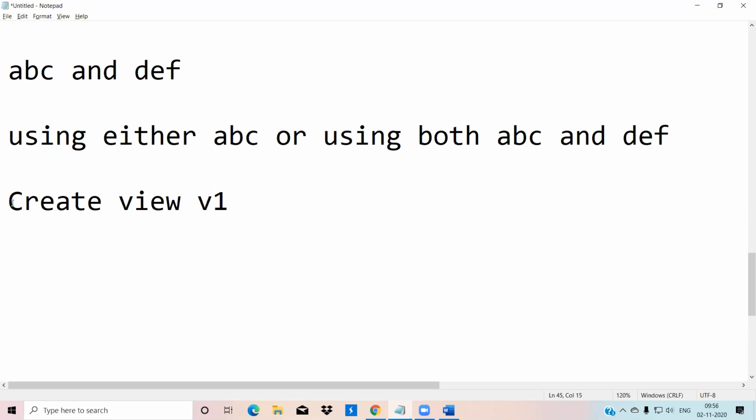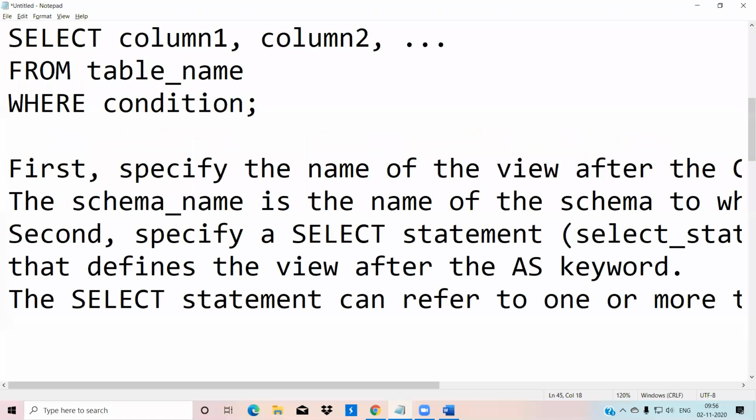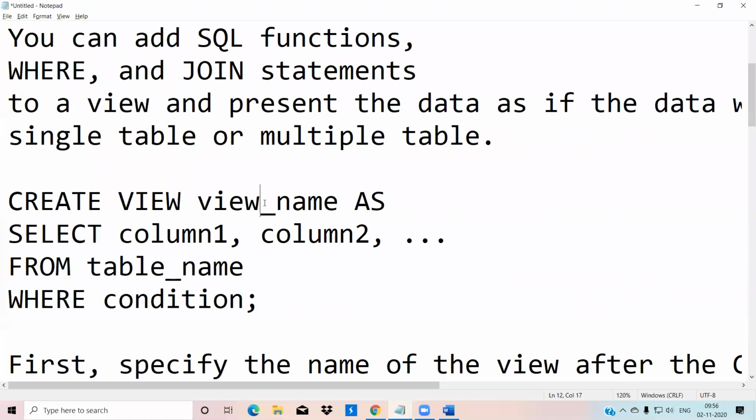Here create is the keyword used to create something new, like create table name. Same way, create view is the keyword for what you are going to do. Now if I say create view, you are going to create a view, just as create table creates a table. Create view v1 as.